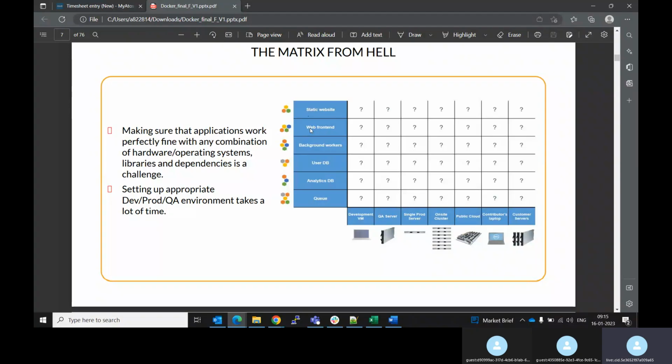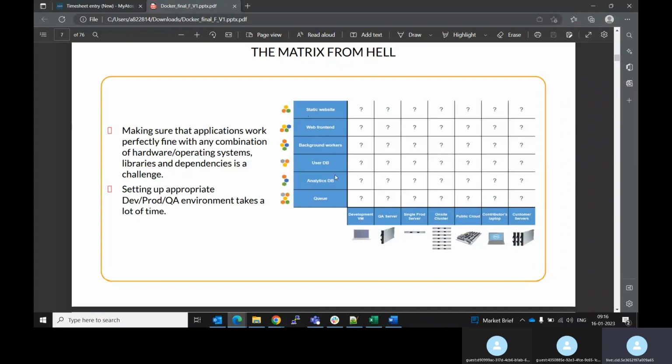And the background workers: whatever services for these applications are running, they run in the background. And the user database: whoever the user is logging in, it has to authenticate for each of the services, for learn, for live and for careers, it will be separate. And analytics means how many users are using it, how much flow is coming in, and the queuing of the part. Now